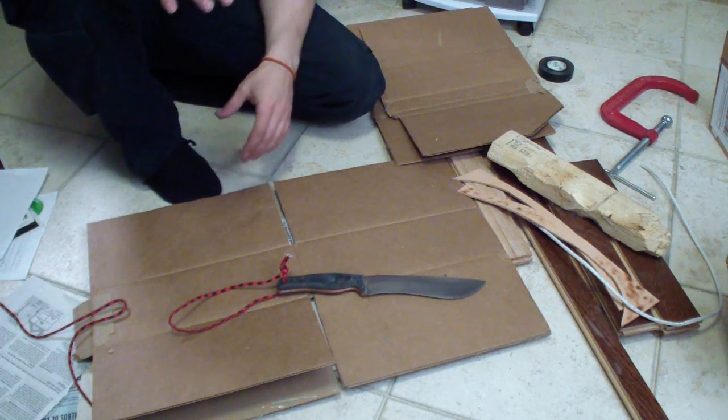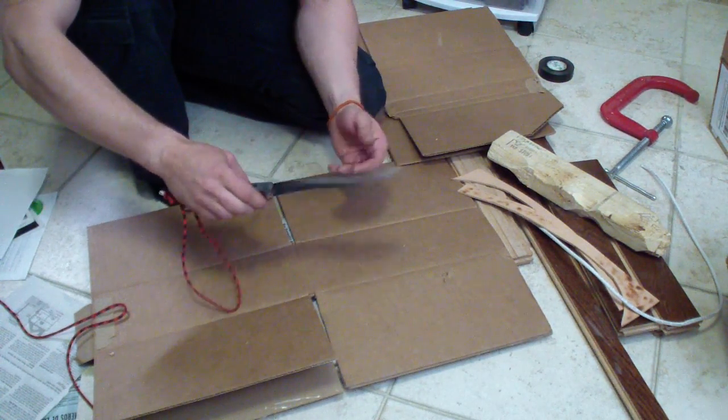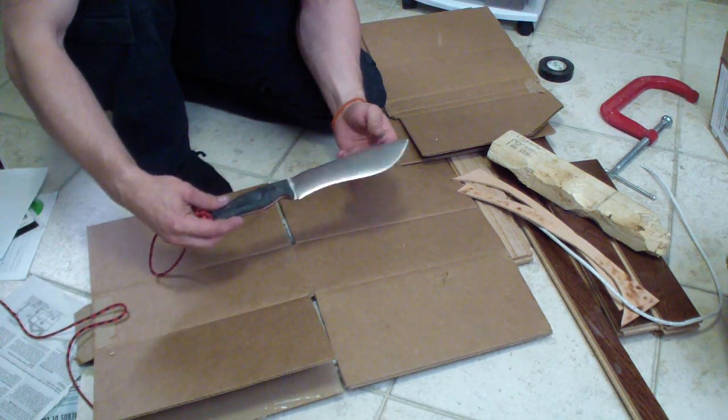So as promised, I was really looking forward to this video because I have big expectations about this blade. I don't even know what to call it, a cookery ball, reverse ball or whatever, it doesn't really matter. The name is not important. It's a custom knife made by me,